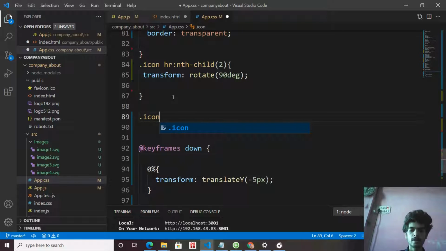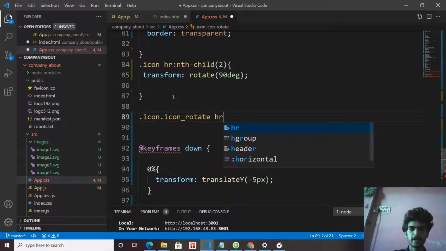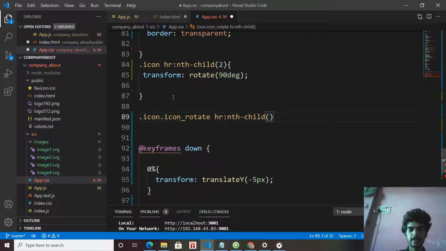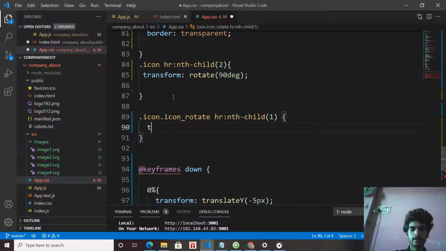If our icon has the icon.rotate class, then its first hr, which we are selecting with the nth selector, should rotate 45 degree.